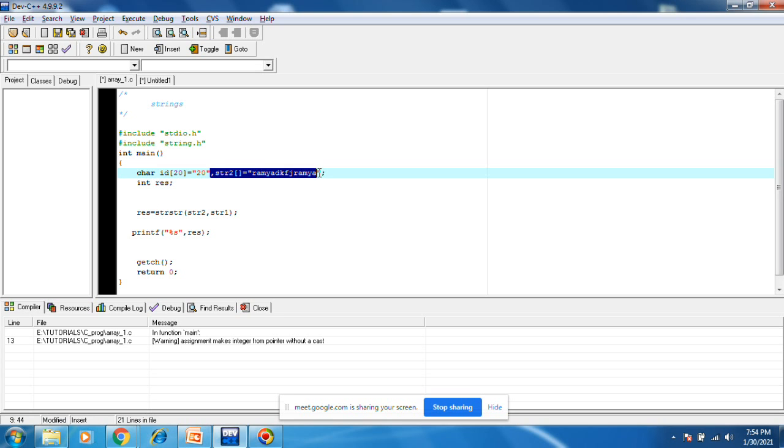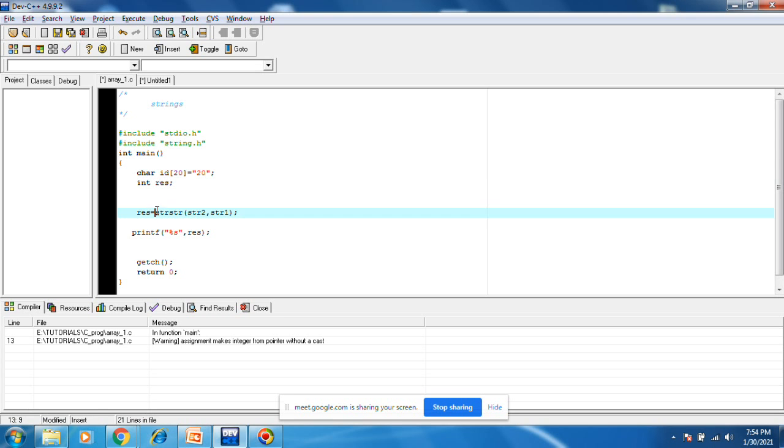I want to convert the string to integer. Int id, student id, sid. sid equals to ASCII to integer, atoi. This is the main important one, atoi of id.